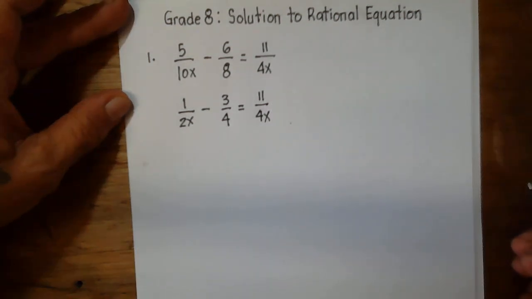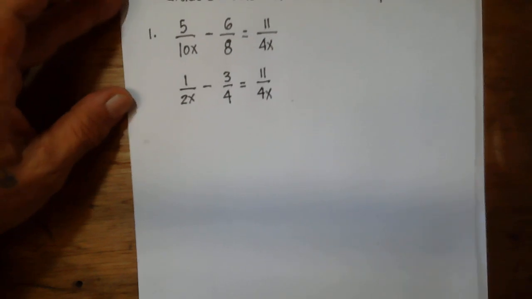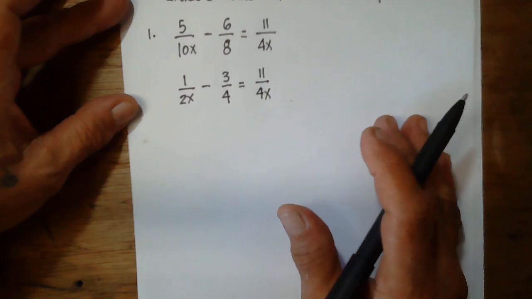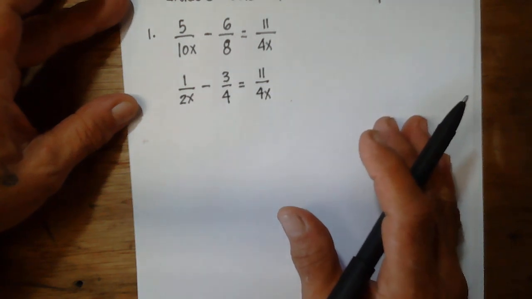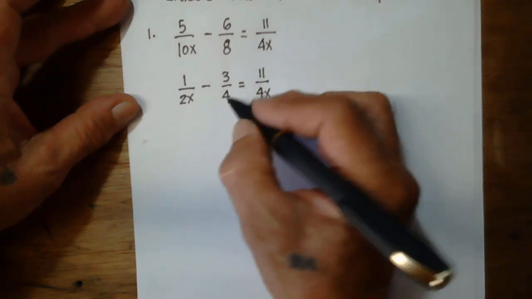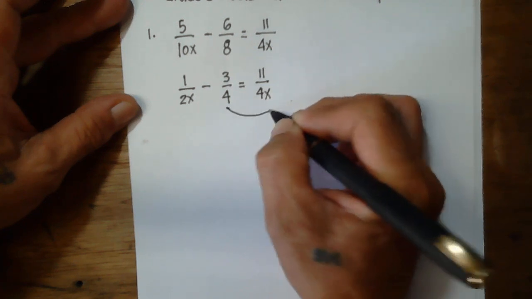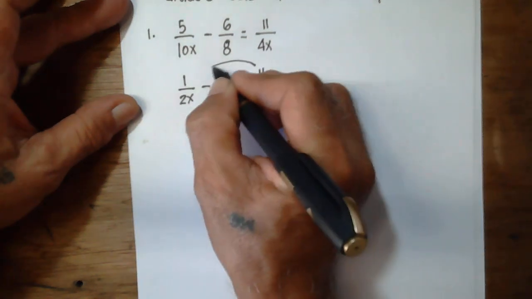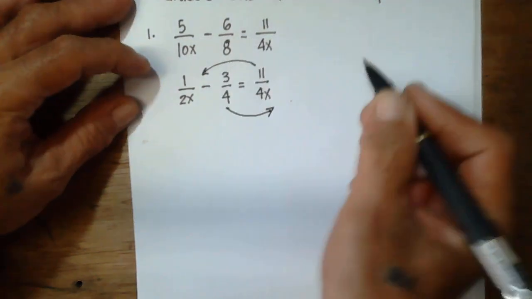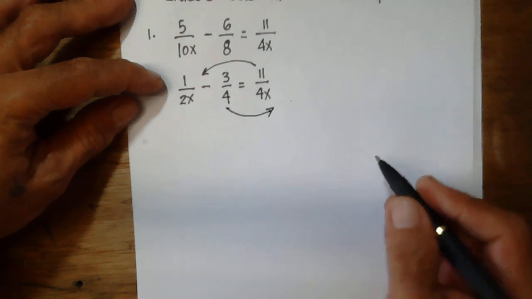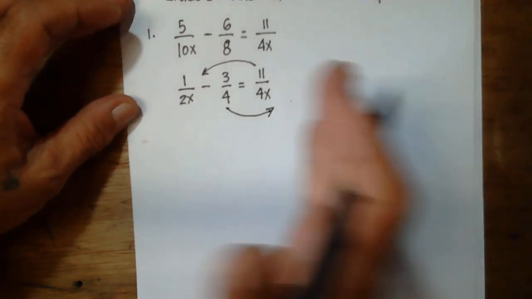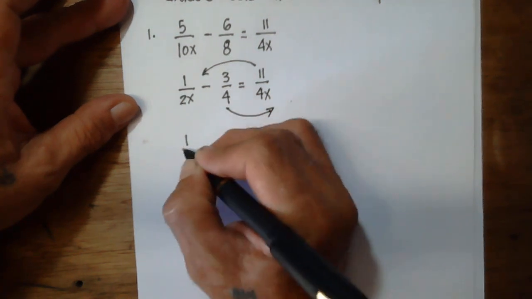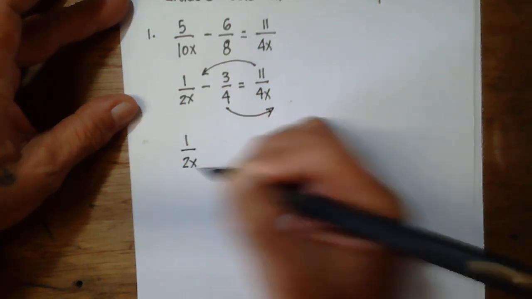Now, since we are solving for the value of x here, we need to combine terms containing the variable, which is x. So we move negative 3 over 4 here to the right side of the equation, and then we move 11 over 4x, or positive 11 over 4x, to the left side of the equation. So here we have 1 over 2x